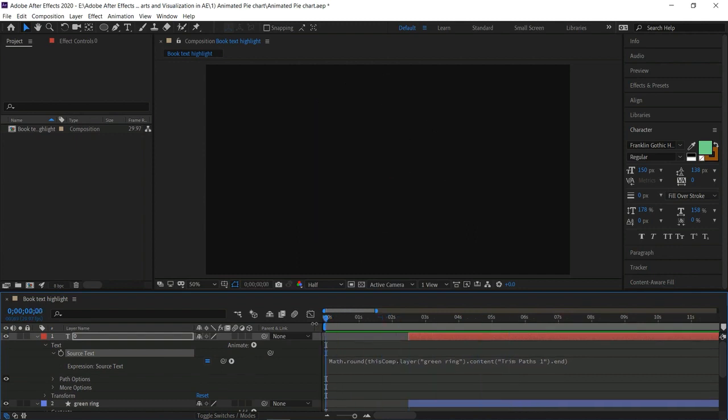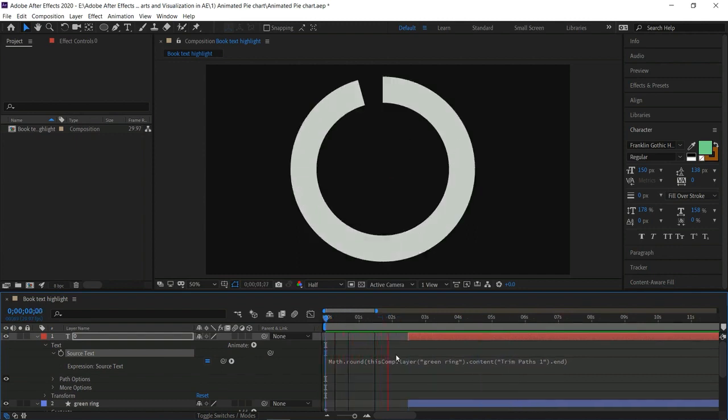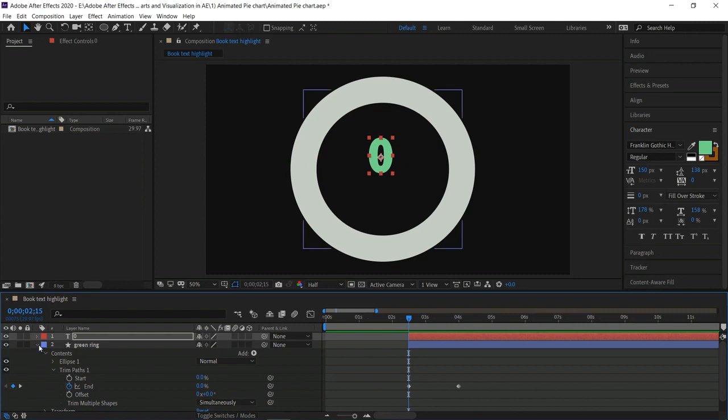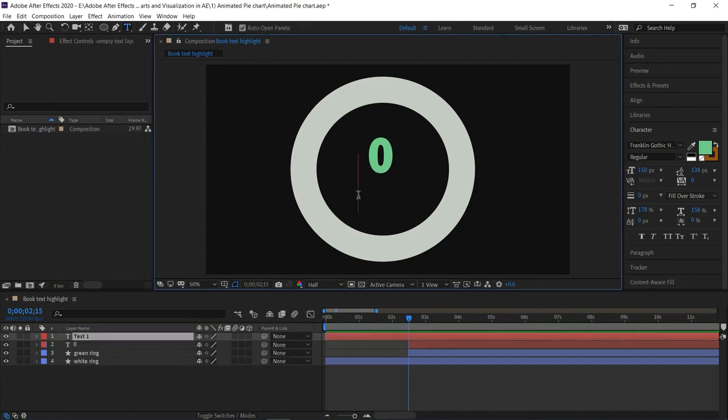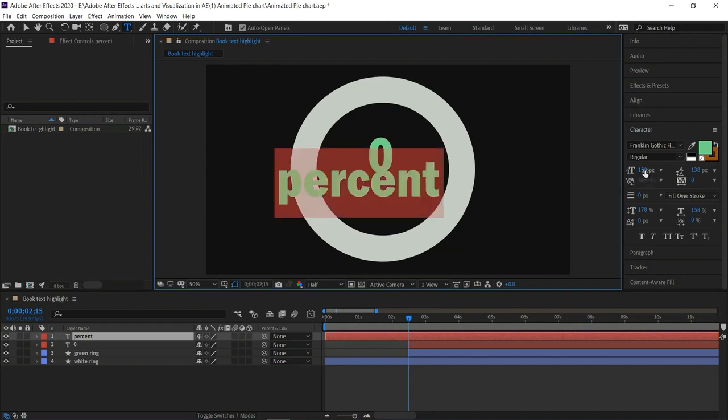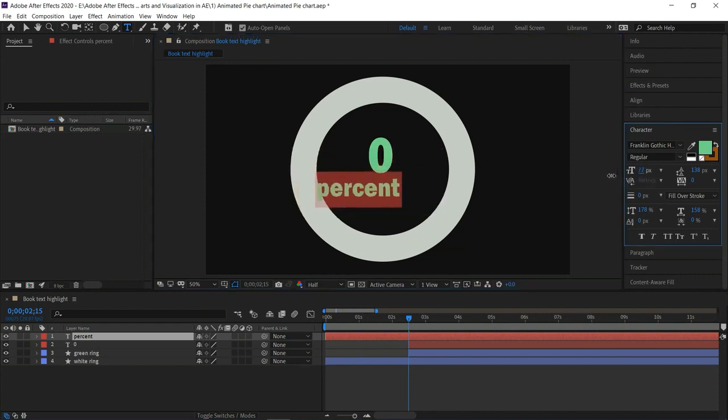You can press the space bar to preview your animation, and when it is running properly you can proceed with the next step. So our animation is running as expected, and now we can add one more text. Just before the percentage counter we can write the percentage text. So just write percent and make it a small size to fit in the ring,